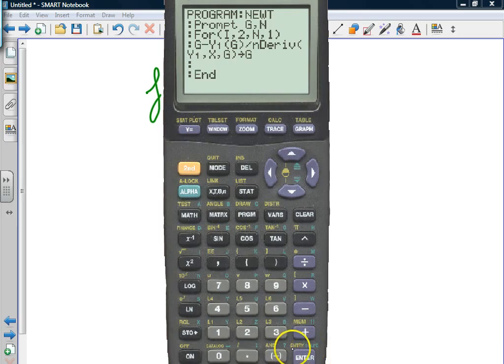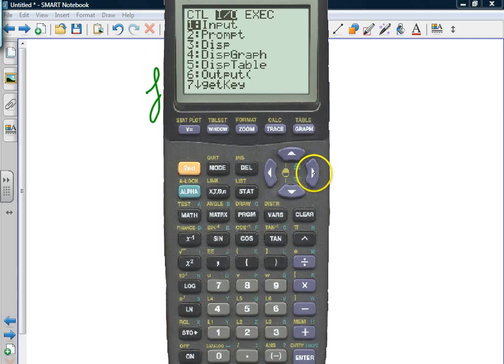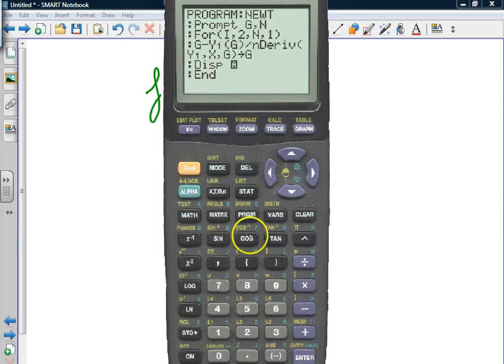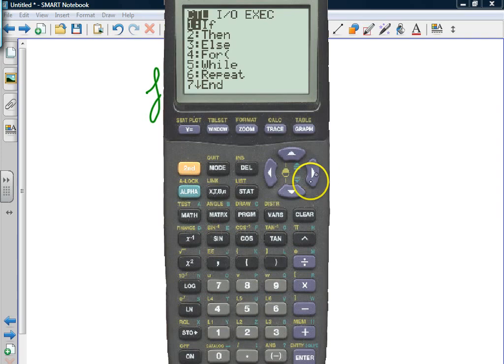It gives you a new line, a blank line. We're inserting a new command. And that's what I forgot. What did I forget? Program, IO, display, G. Okay, let me undo all of this stuff. Go to the first character of the line you want to move down. And then you do second delete, which is insert, and hit enter as many times as you need a blank line. I just needed 1. And then go up there, up arrow to there, and I'm going to do program, IO,